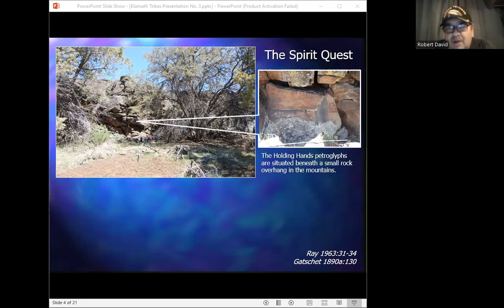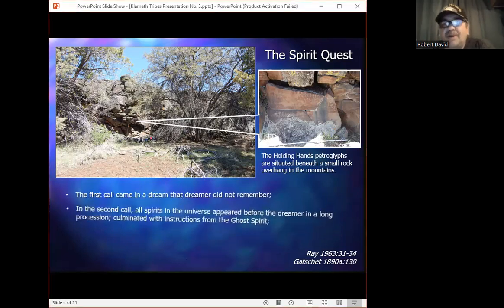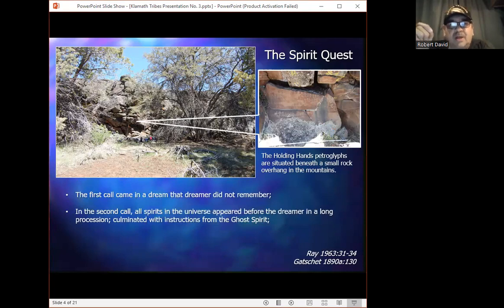Now, following the spiritual calling, the seeker would devote 5 more days to a quest in which he or she sought out personal contact with spirits. Under the tutelage of a veteran shaman, the initiate would visit places where spirits were known to live. The most common of these places, according to Ray, included the deserted house pits of deceased shamans, places where they had performed their rituals, the former gathering places of mythological beings, once again, like Petroglyph Point, and certain pits and depressions other than shamans' former dwellings, essentially the lowest ground available.